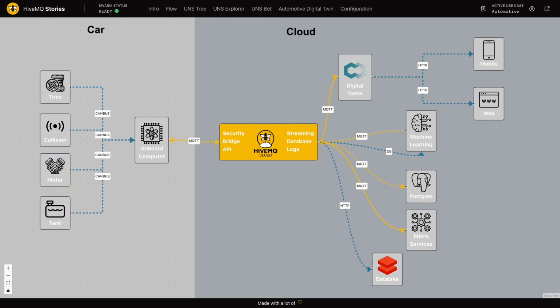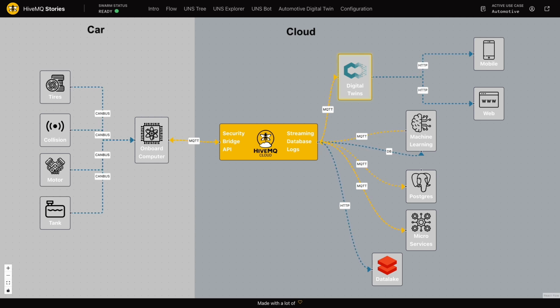And these all talk to an onboard computer, the vehicle subsystem that has all of the information about all of these different subsystems. It has a processor. It has the ability to interpret all of the data. And then it also has the ability to post the data over MQTT, over 4G, 5G. We interact with this onboard computer to be able to bring that data into our HiveMQ cloud. And then the HiveMQ cloud is then what is sending that information to various applications.